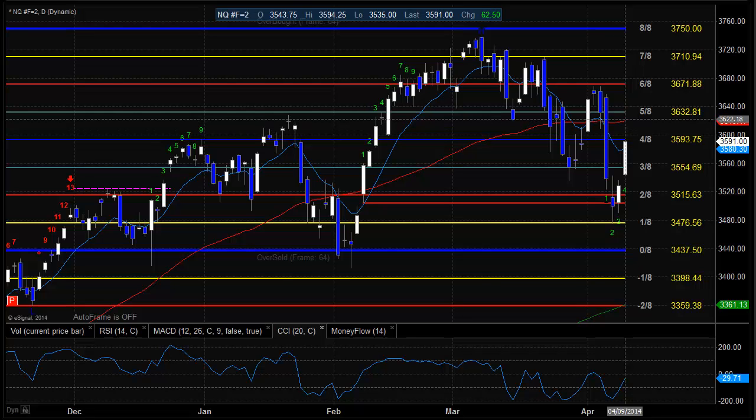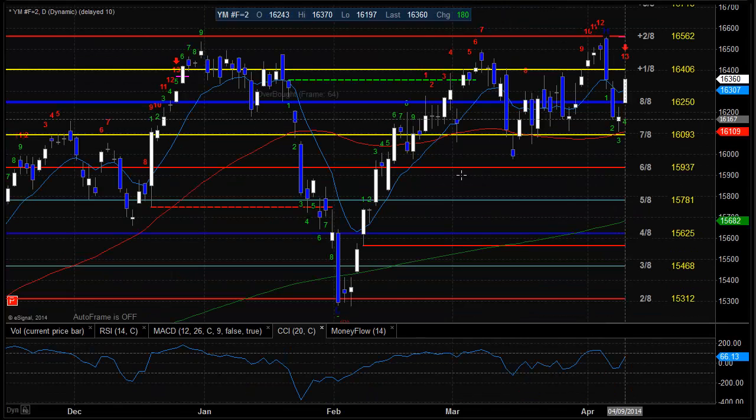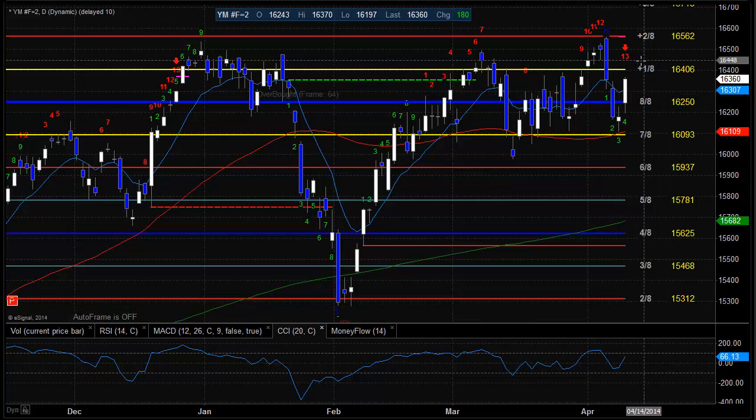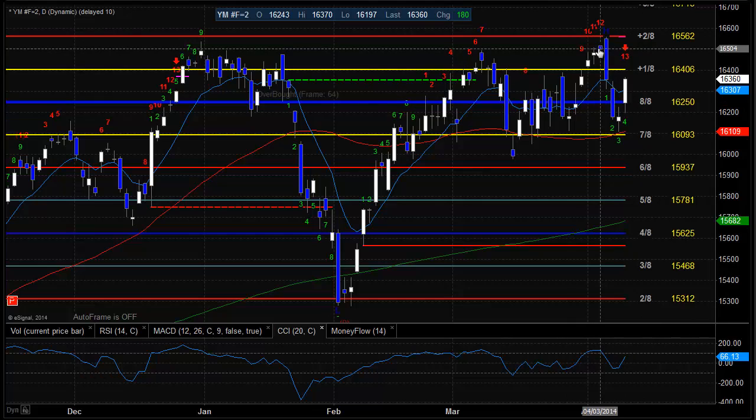We don't talk a lot about the Dow Jones futures, but wanted to point out that we did get our 13 exhaustion today on this little bounce back up here. The range is totally lateral, which means that just by definition from this signal, we're not looking for a big reversal to the downside, but really an arrest of the move to the upside here. We could definitely go all the way up into this plus 2/8 area at